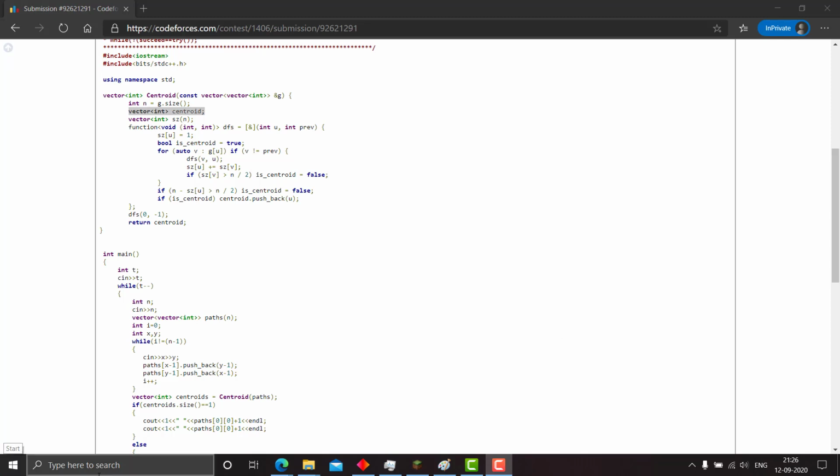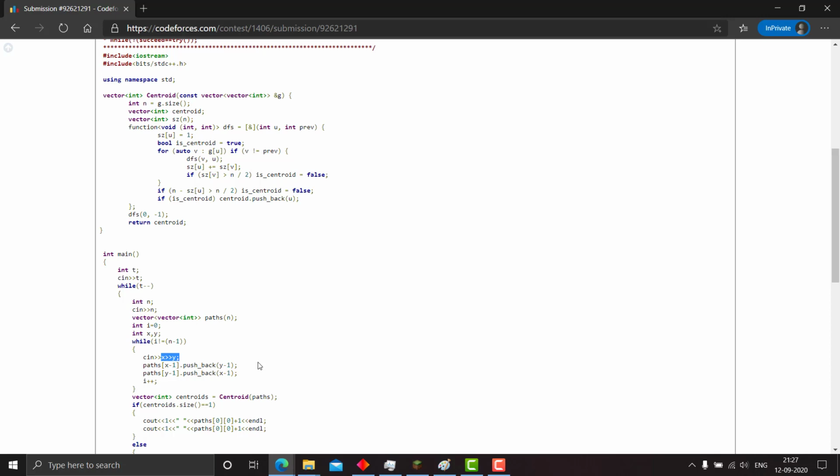And if this is still a centroid, then we push this value u back into the centroid vector, and finally we return the centroids. We call this lambda function with the tree rooted at 0 and parent minus 1. As the input was given in one-based form, 1, 2, 3 up to n, I converted it into zero-based form, 0 to n minus 1. It doesn't matter, you can use it any way.